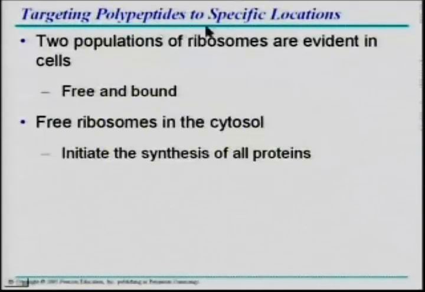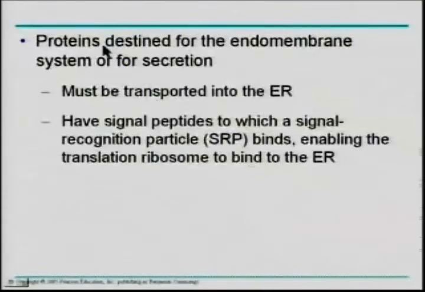First, we think of targeting polypeptides to specific locations. So there's two populations of ribosomes that are evident in the cells, the free and the bound. We studied this in the chapter on the cell. The free ribosomes are in the cytosol. They initiate the synthesis of all proteins. Proteins destined for the endomembrane system or for secretion must be transported into the ER. So they have signal peptides to which the signal recognition particles, or SRPs, bind,